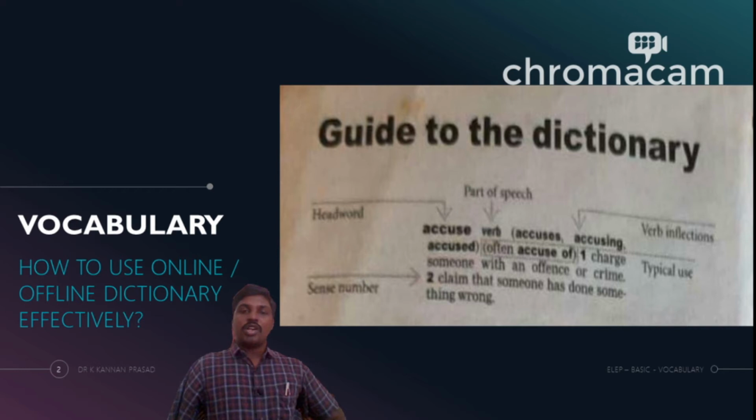You could also see that within brackets there are a few more words given. In this case, we have the words accuses, accusing, and accused. And the dictionary marks that it is a verb inflection. Now there are verb inflections, there are adjective inflections. Do not confuse yourself too much with what I am saying right now. But for our time being, let us understand that an inflection, or a verb inflection in this case, means that it is a word family.